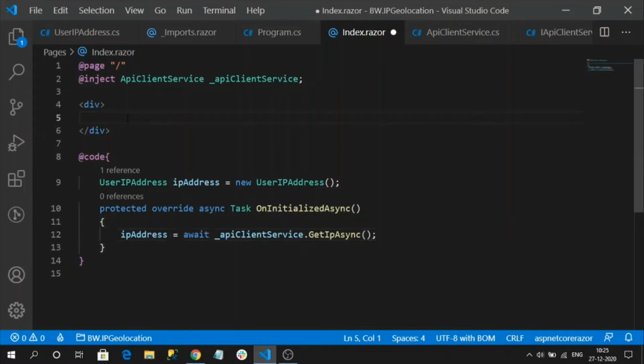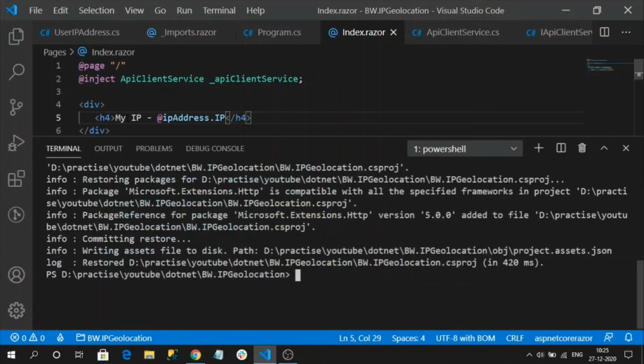Now I am going to display my IP address here. I am going to create an H4 tag, my IP.